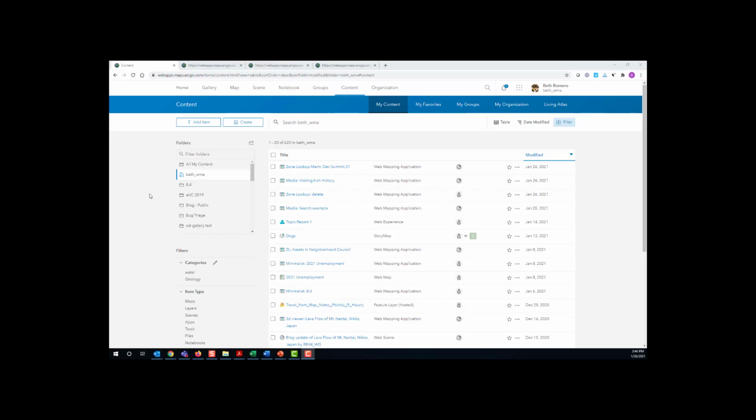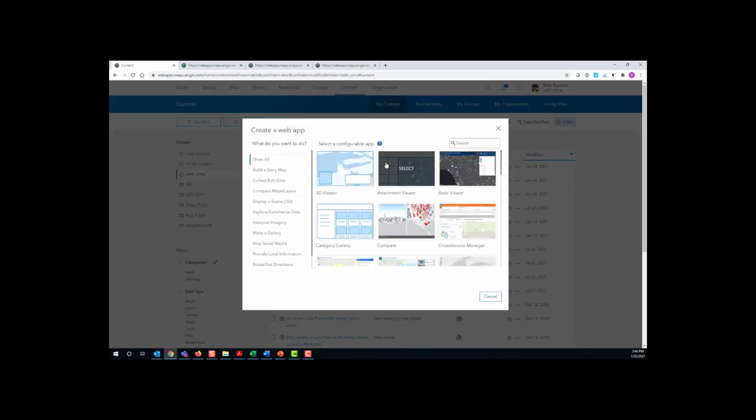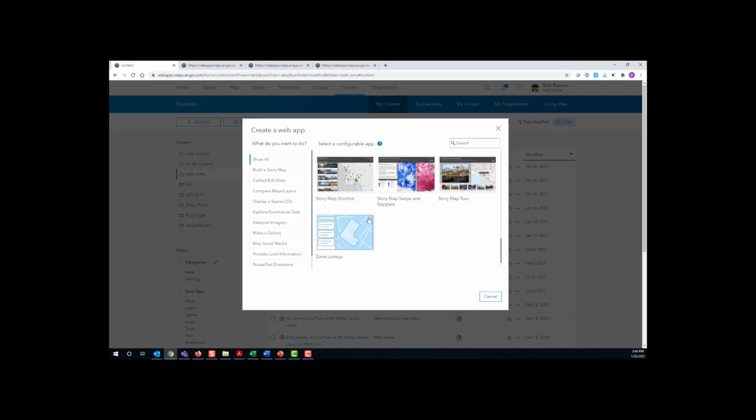The first thing we're going to need to do is actually create our configurable app, and there we'll be able to refine search capabilities. So I'm going to select Create, Configurable Apps, and for the first example of limiting locators, we're going to create a zone lookup application to let app users find which school district zone they are in. Scroll down, I will select Zone Lookup,